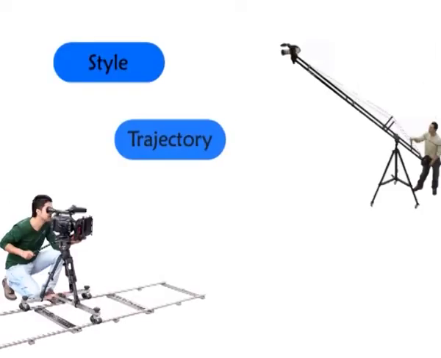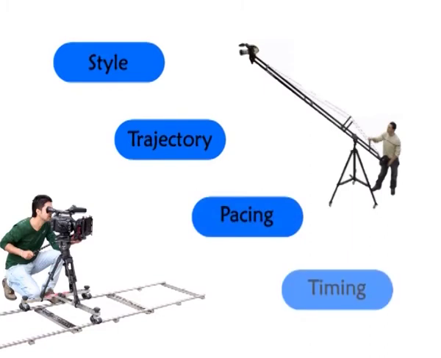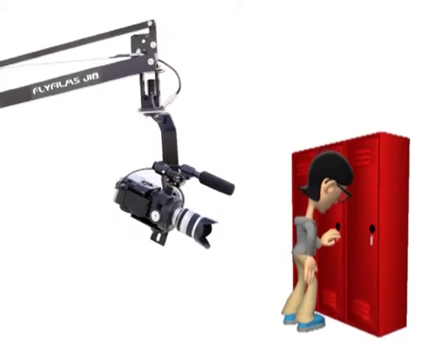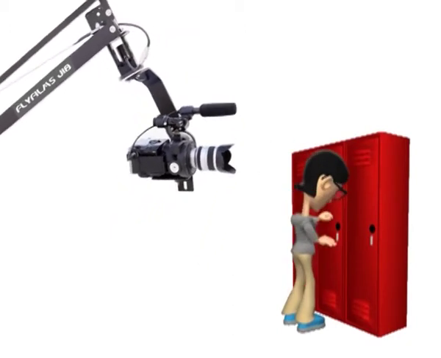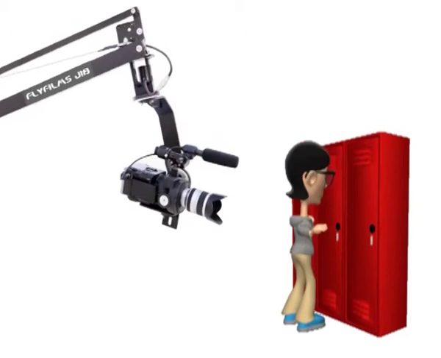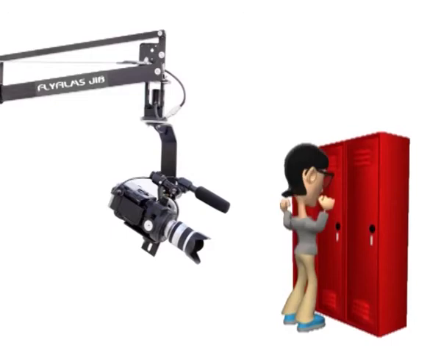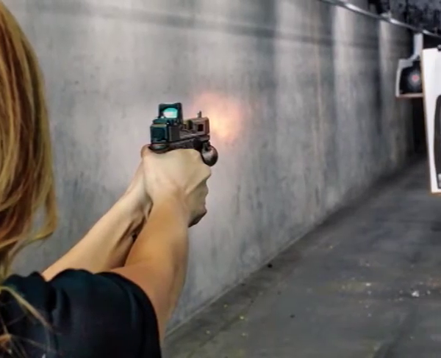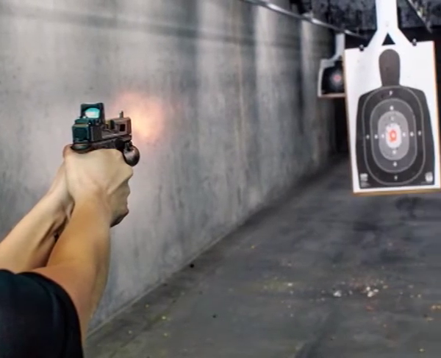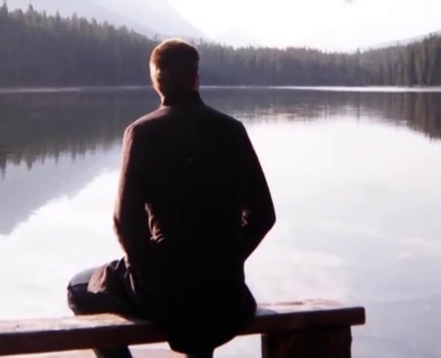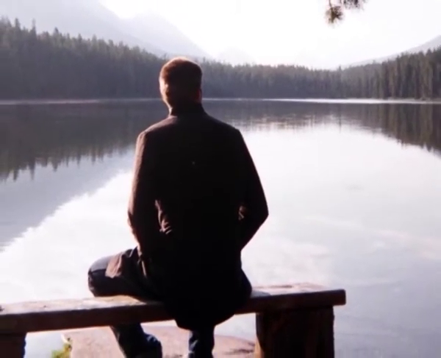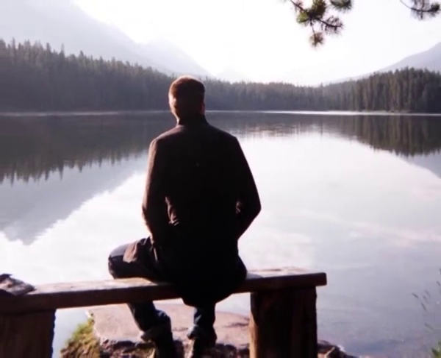The movement is not just moving the camera from one frame to another. The style, the trajectory, the pacing, and the timing in relation to the action, all these elements contribute to the movement of the camera. The camera should not be moved just for the sake of bringing in movement. It shows the poor storytelling skills of the director. On the other hand, a camera movement should be motivated. For example, a camera can be moved to reveal new information on the screen, or it can be pulled back to show a wider shot. Unmotivated camera movements distract the audience.